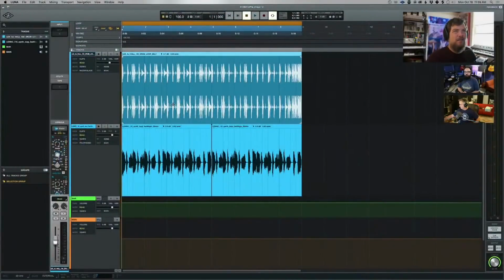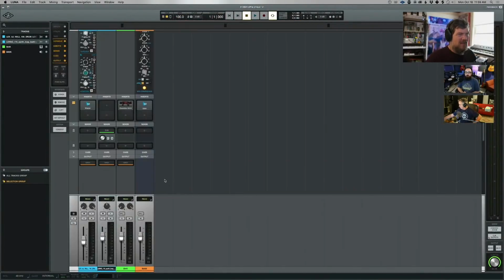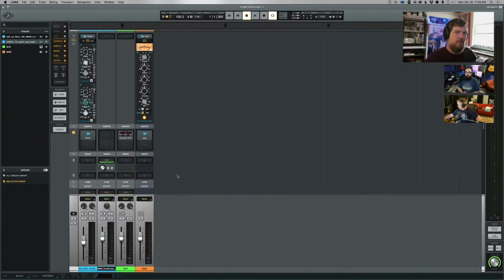I think jumping back into parallel here, we've just got a few more examples we want to show you, and I signed up for these ones because we're going to get weird. This is the point in the show where we're going to get a little weird. I'm going to show you a few creative uses for parallel processing. And you'll notice, again, these are not too dissimilar from some of the stuff we were talking about last week with mid-side,